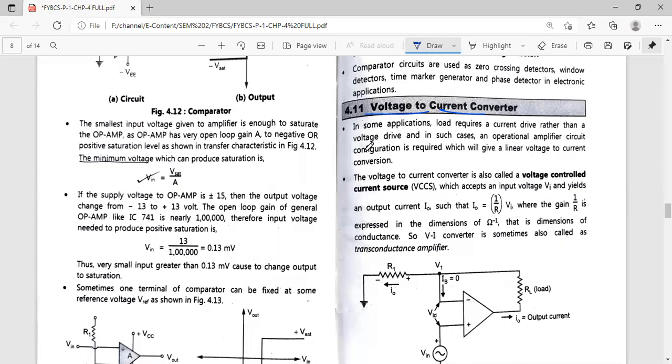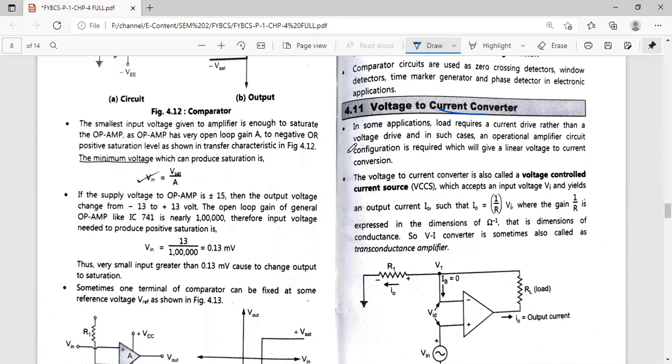The simple answer to this question is that not all circuits are able to accept voltage input. Suppose this is my circuit and this circuit needs an input current instead of input voltage. If the condition is that we have only voltage, then with this voltage to current converter, we can convert this voltage into its equivalent current, and that current can be applied to the input of this device. So simply, the reason is that not all devices are able to accept all kinds of input, they need a specific type of input, and for that we need to convert whatever value we have into the desired value.